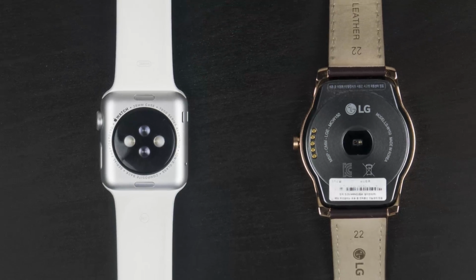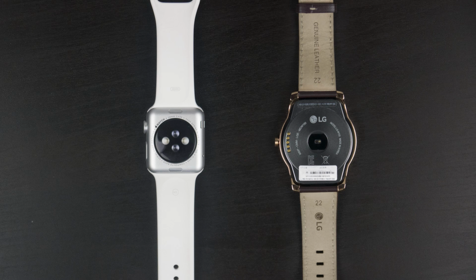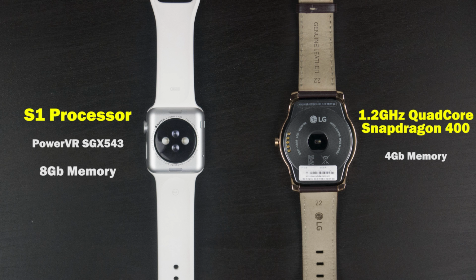Now, internally, what powers both watches are running on fairly different architectures. Basically, the Apple Watch is using a custom S1 processor. It's using the PowerVR graphics chip, and it has about 8 gigabytes of internal memory, versus the LG Watch Urbane is using a Qualcomm Snapdragon 400 quad-core processor that's clocked about 1.2 gigahertz and about 4 gigabytes of internal memory. So it really doesn't matter what's inside these two devices. Basically, what you need to know: